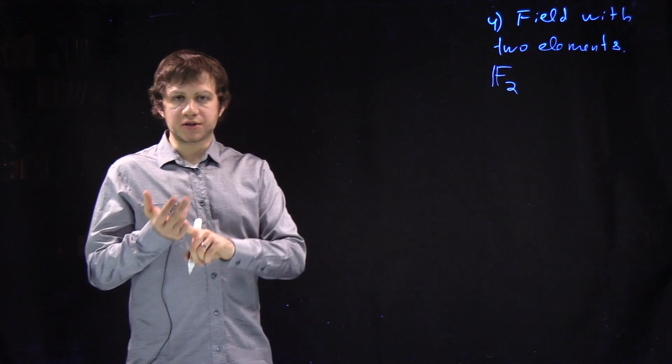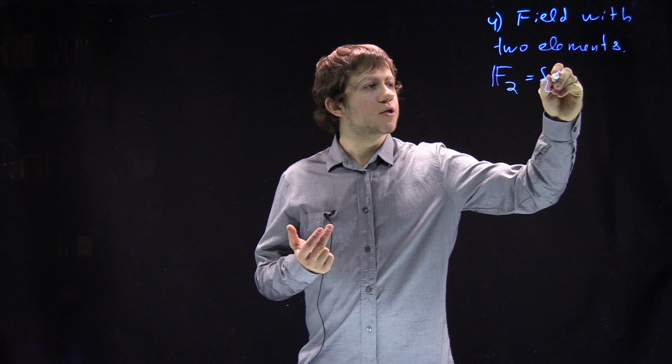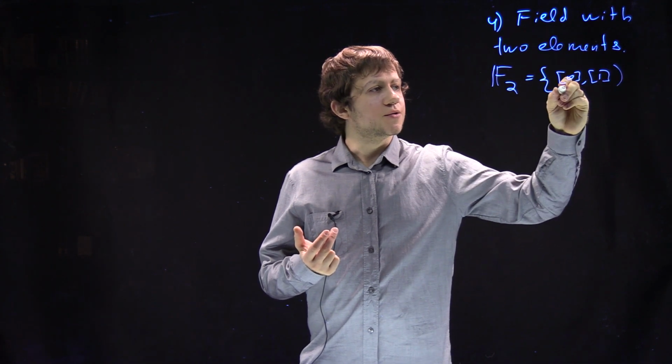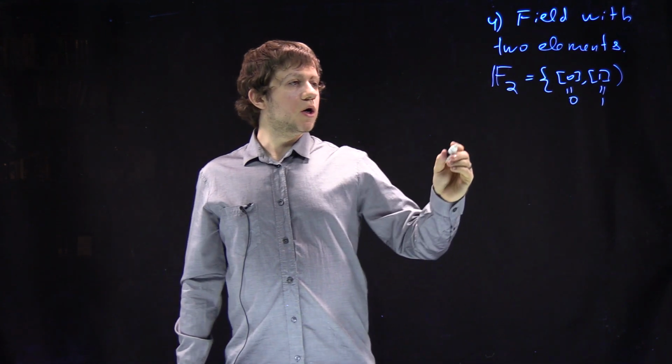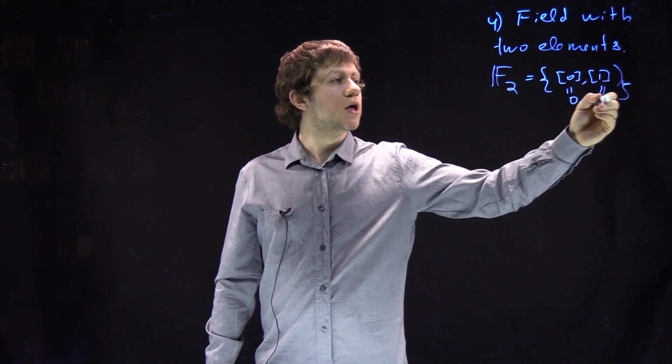Okay, so one of them is 0, another is 1. So it will have exactly 2 elements. I will denote them by 0 and 1, and you will later see why. So this will be actually 0, this is actually 1. So, okay, we can easily figure out, if we just have this field with 2 elements, what are the rules